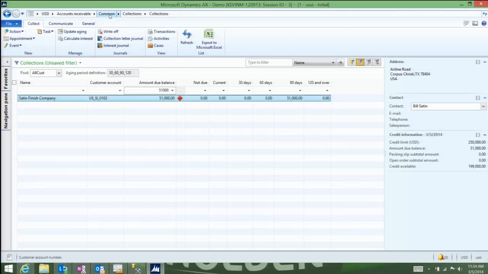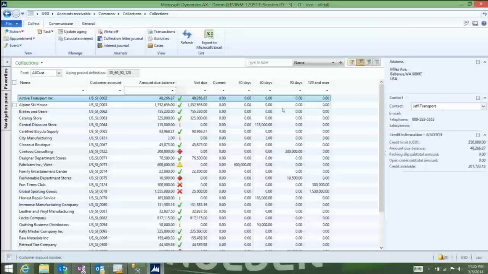The other thing that you can do, I'm going to go ahead and go back, take that filter off. So you'll notice that I'm viewing a pool that says all customers. So as the only collector inside of my organization, I'm responsible for collecting for all of the individual customers. And my organization's actually been growing quite rapidly, so we're in need to add another collector to our company. So what I'm going to do is I'm going to be responsible now for all of my customers that begin with A through M. And in order to do that, I'm going to go in and create a new pool that basically shows me all of the customers that are A through M.